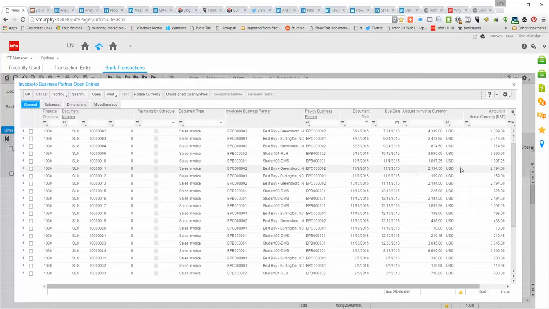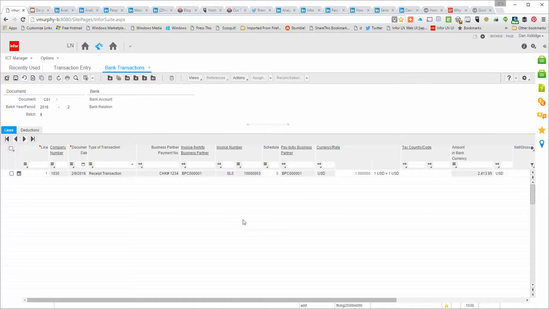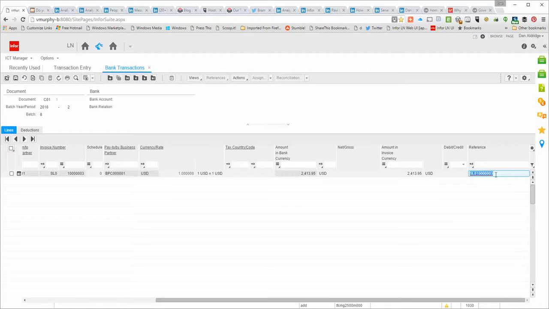Here's a list of my invoices, and I'm going to choose this second one here. So I simply click to select and say OK, and then I tab, and you'll see the total amount of the invoice comes in automatically here. The default reference is the invoice number, and I can also add to that if I like. This is an optional step, so I can put in the check number here. And tab. And if I'm done with my batch, I can simply click save,